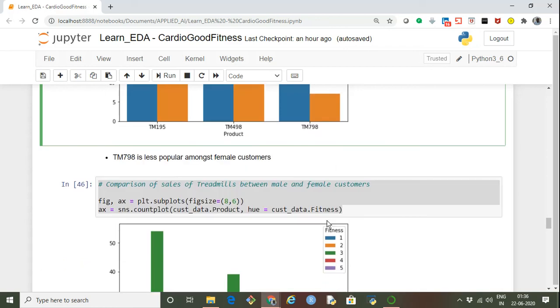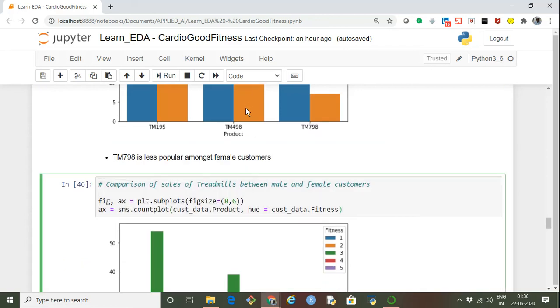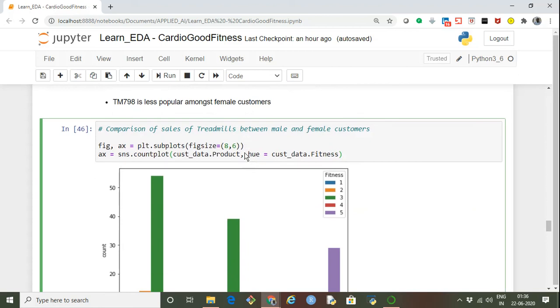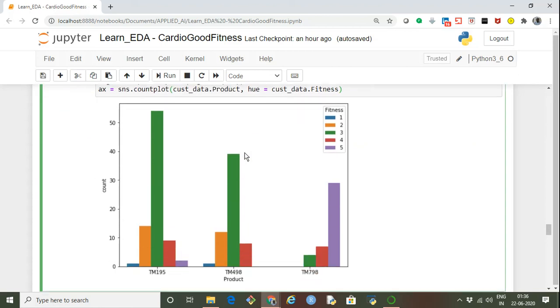One data point we definitely can see based on this chart. Next, we want to look at the people who rated themselves on the fitness levels, and based on that we want to profile which type of treadmill they actually bought. So if you see for